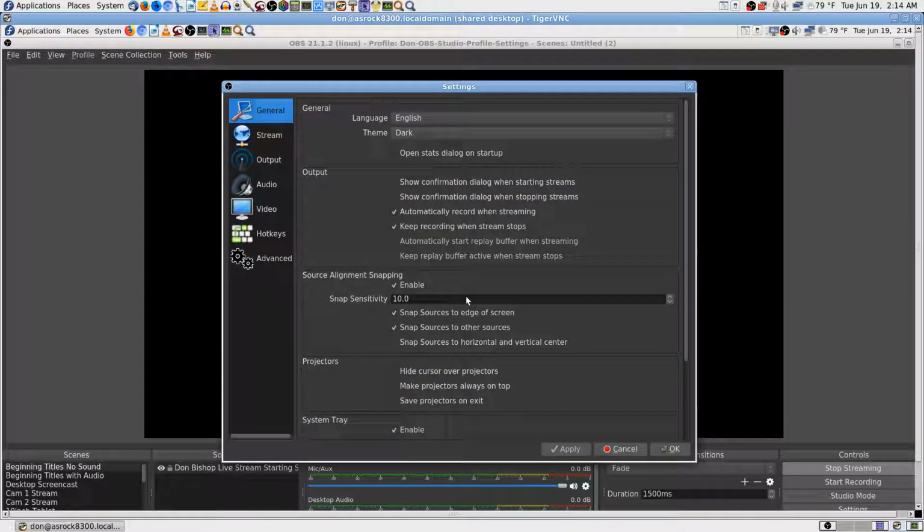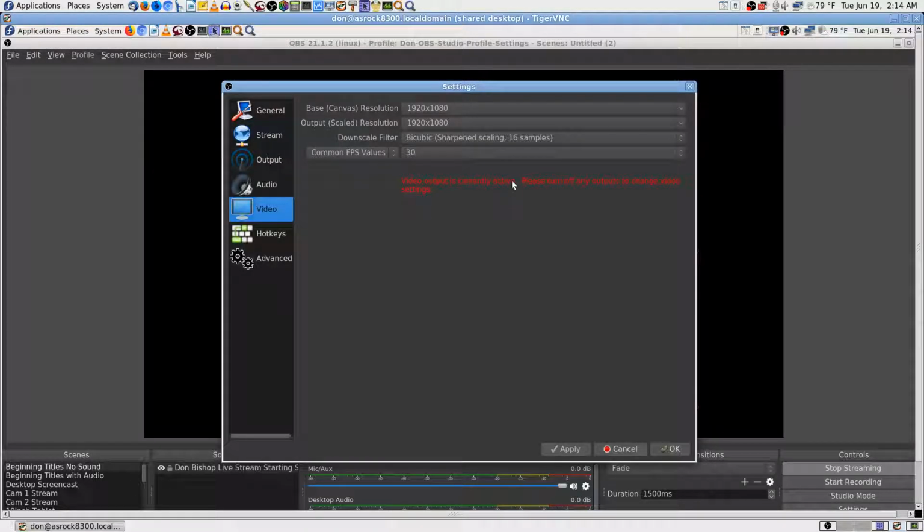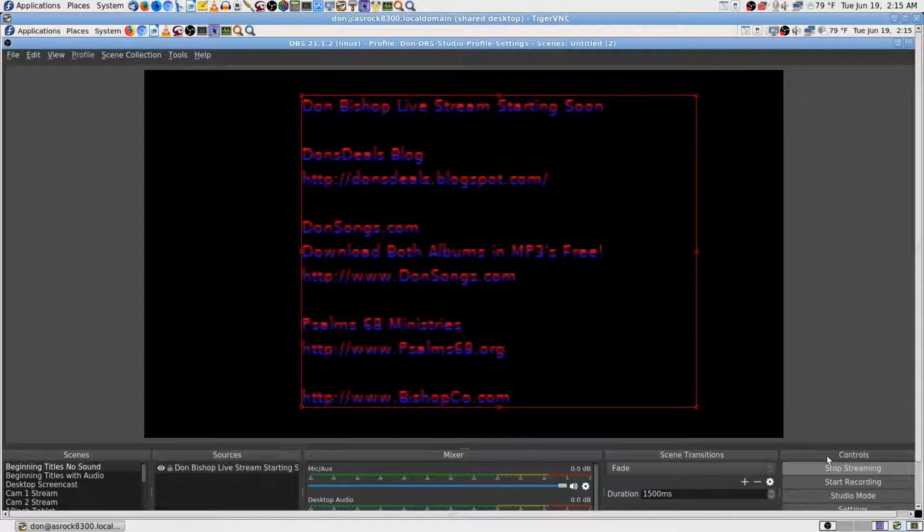Now, where do you do this output path? In video? Yeah, it tells you there, see? Oh. Please turn off any outputs. Oh, it's currently active. Oh, it was streaming. Oh, I guess so. It's still streaming, but it can't record. Oh. Okay, so on my preview over there, I don't see anything about...